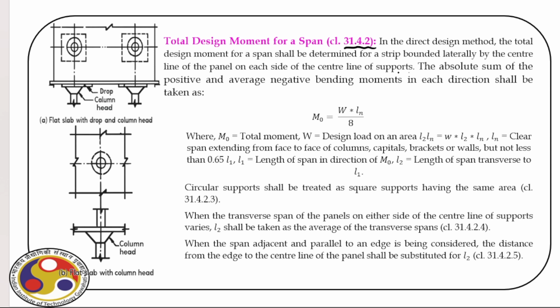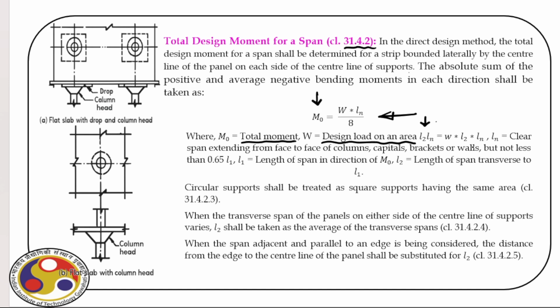The absolute sum of the positive and average negative bending moment in each direction shall be taken as M0, which is the bending moment, is W times ln divided by 8. So M0 is the total moment. W is the total design load. Recall, in this case, we have to consider complete dead load and then live load accordingly, and then apply appropriate factor over an area of